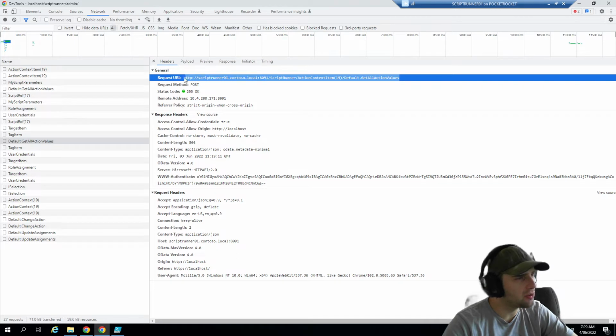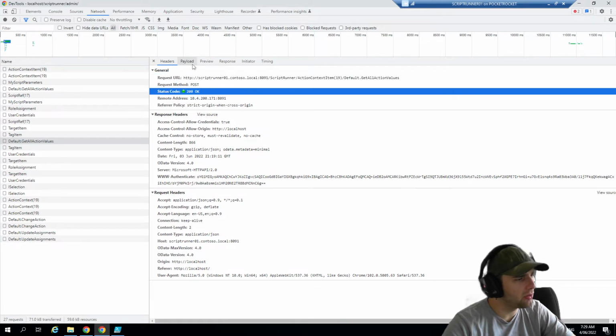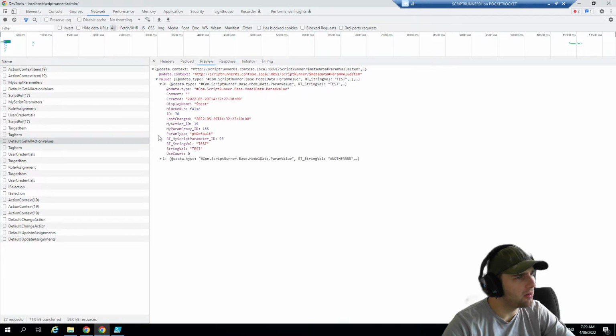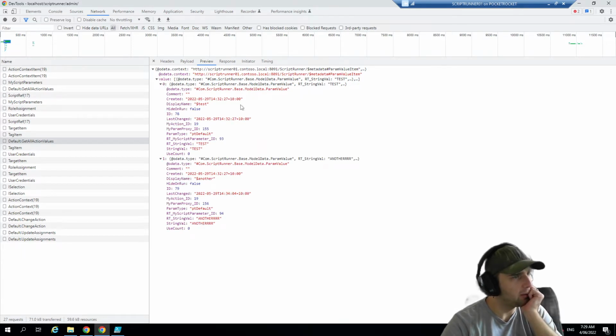Get all action. But that's a post. So it's a post. What's it sending? Request payload is nothing. Okay, here's the data here. Okay. This is how we format it. Okay, dope. All right, so